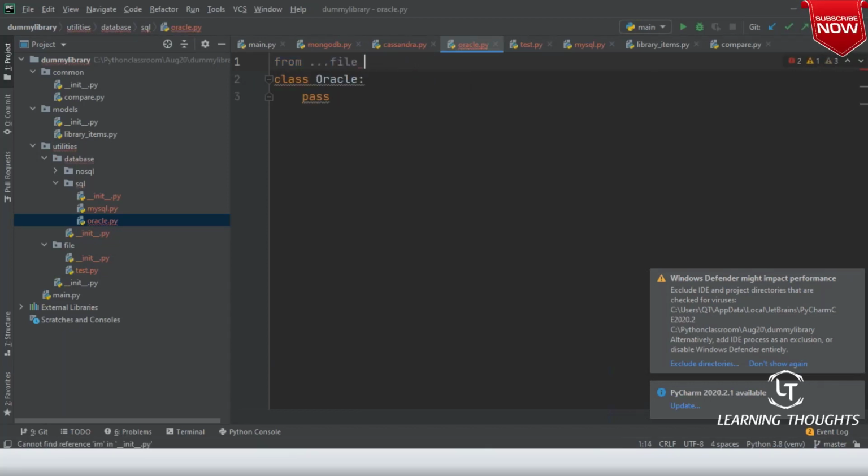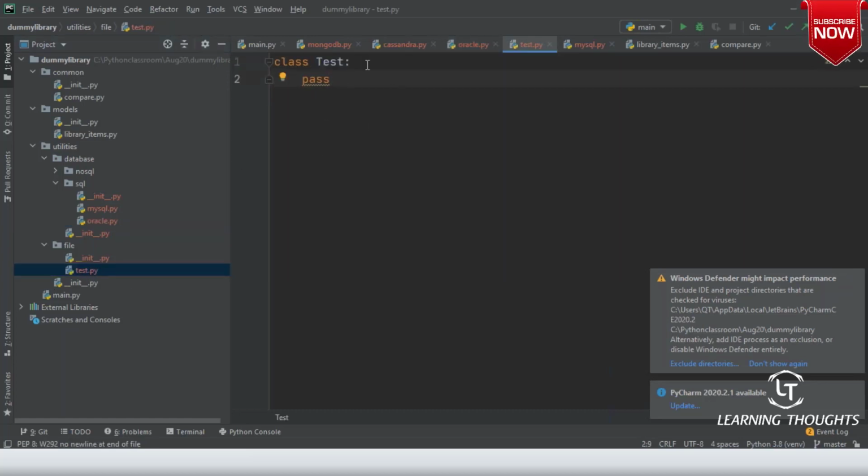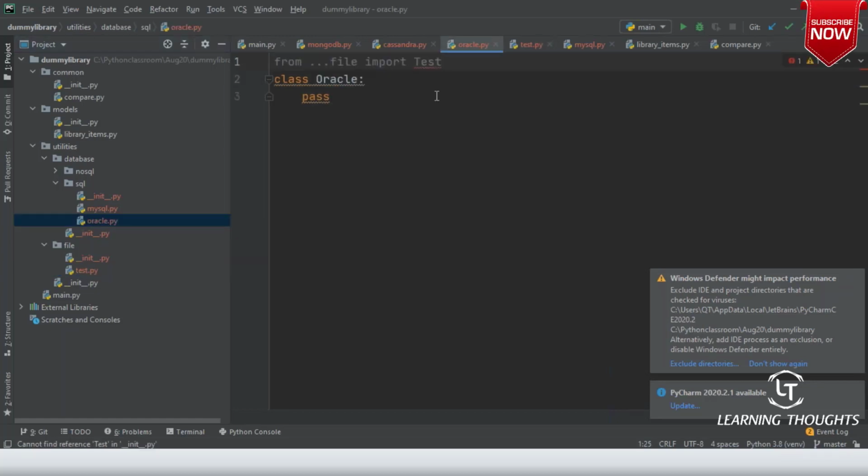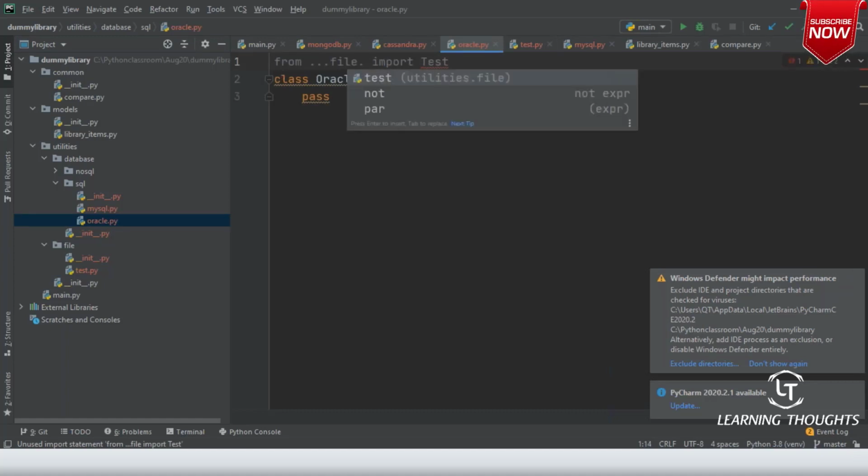From dot dot dot dot slash file dot test import test. Am I clear on this?